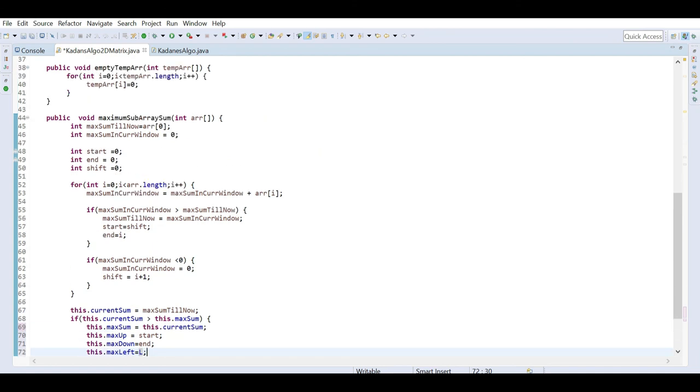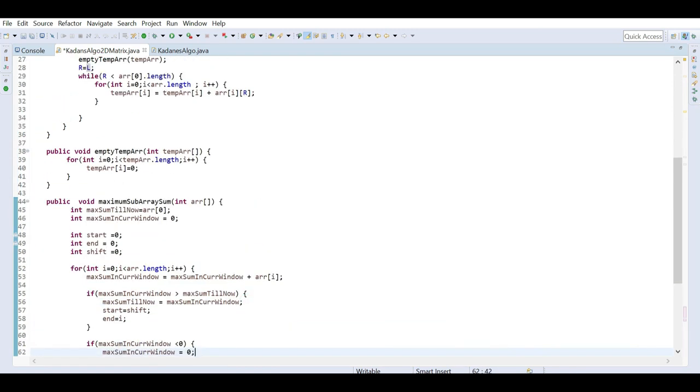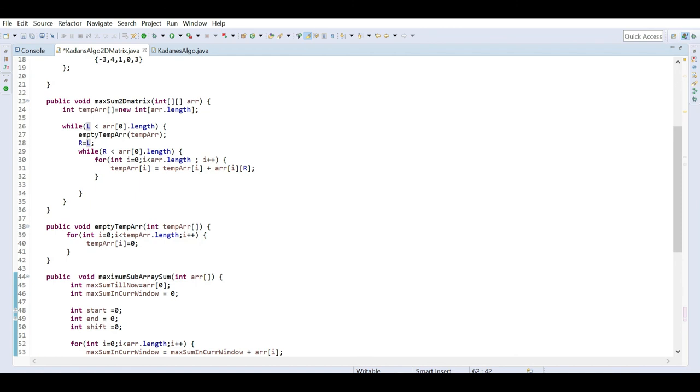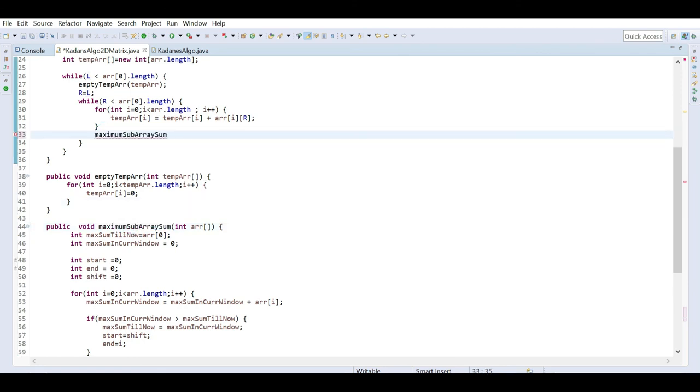So now the finding of the Kadane's algorithm and all this part is completed. What we have to do now is come back here where we did the summation, and this temporary array we have to pass inside the Kadane's algorithm. So this maximum subarray we can take here, and there we have to pass this temp array.